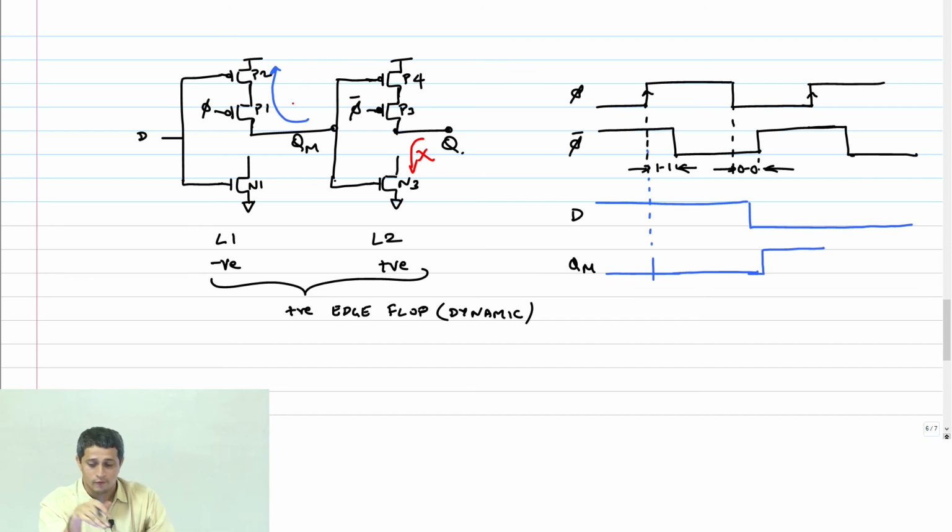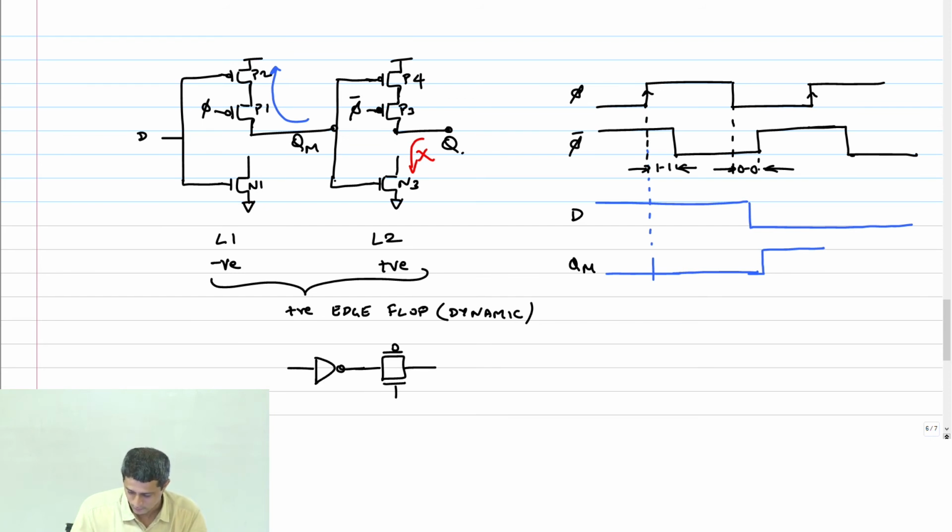Right? If, for example, I replace this guy with a circuit like this, this is also a dynamic latch, right? And I put another inverter here and make a flop like this. Let me call this phi bar, so this is phi bar and phi.